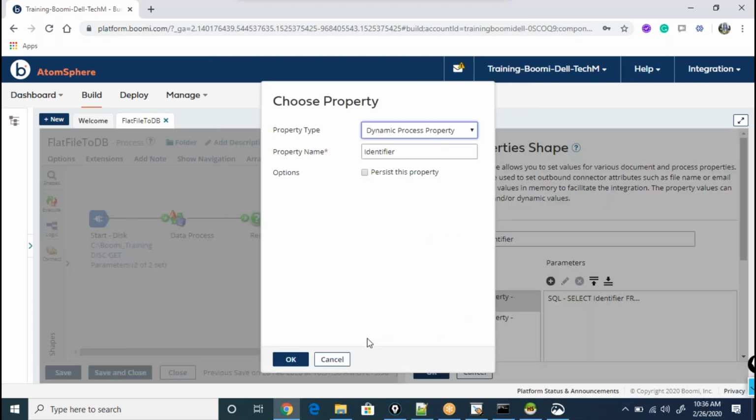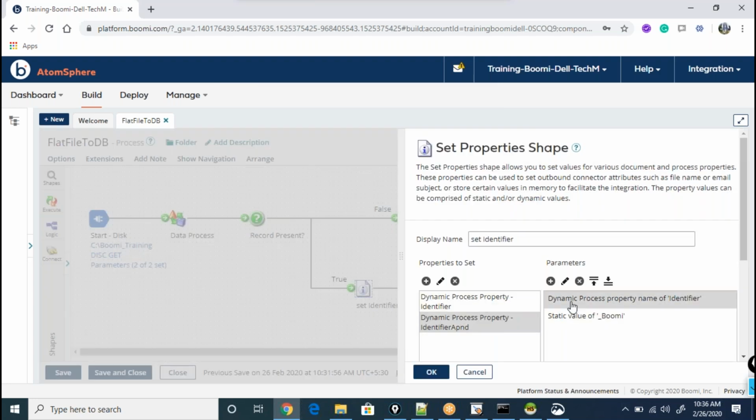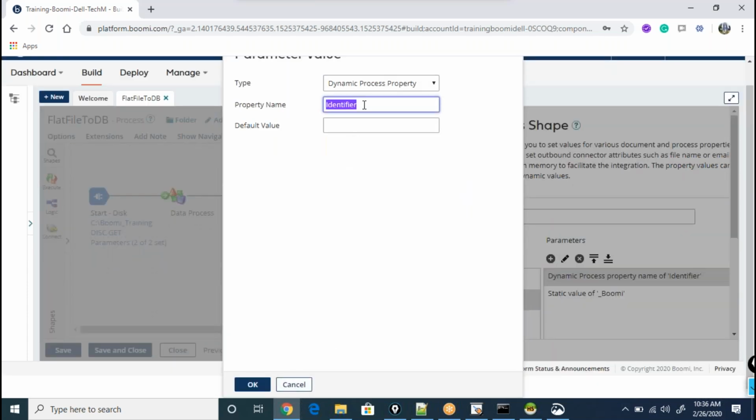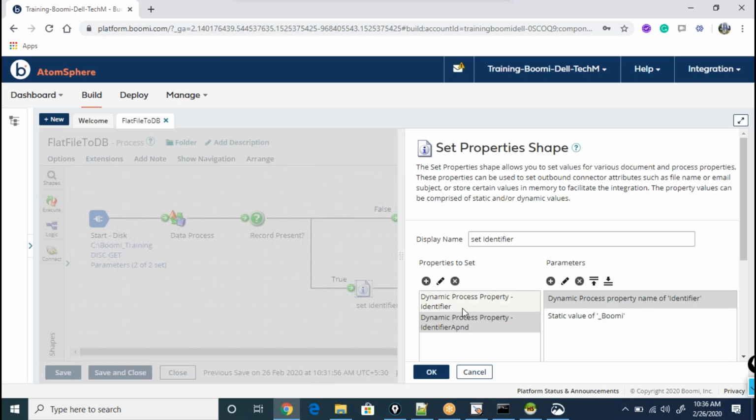So let's say you define a value here, and you want this value to be reused here. You always need to remember this name and type it. Because process property or document property names are case sensitive, if you give a name wrong, the value will not be retrieved here. It means each and every time you need to copy paste the name exactly the way you defined it. As part of developing a business process, you may be required to define a lot of process or document properties, but it's very difficult for us to remember all these names. To overcome this headache for the developer, Boomi has come up with